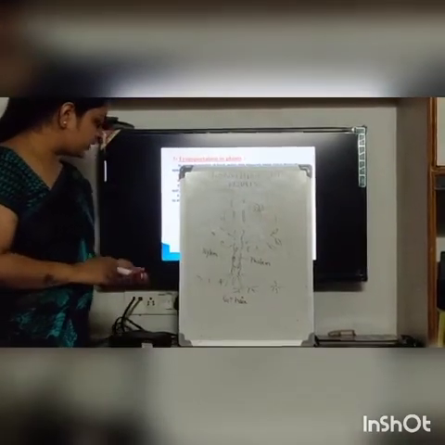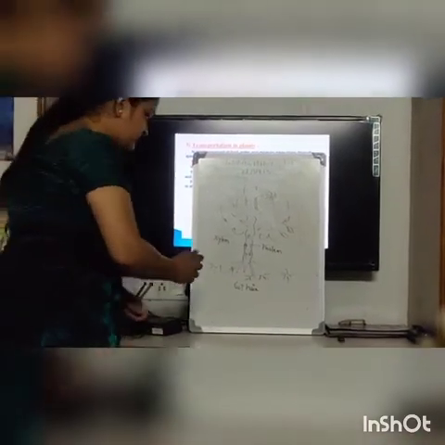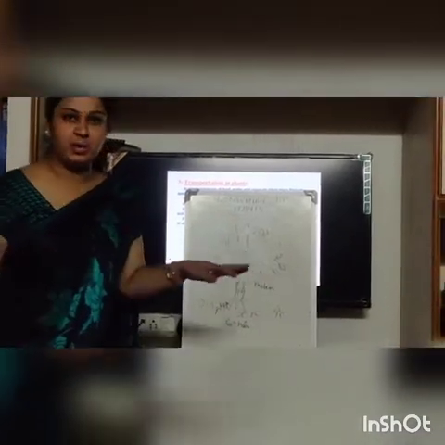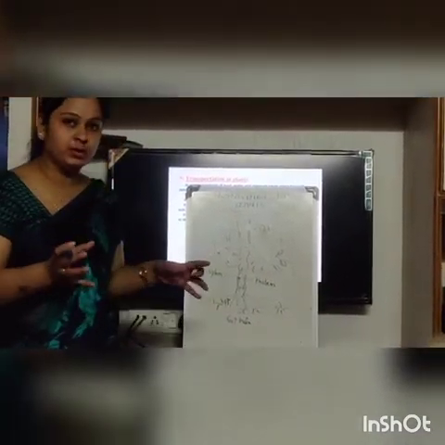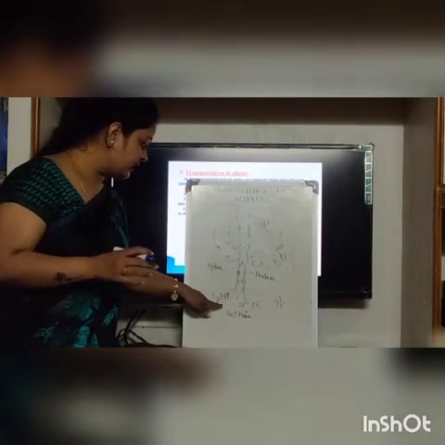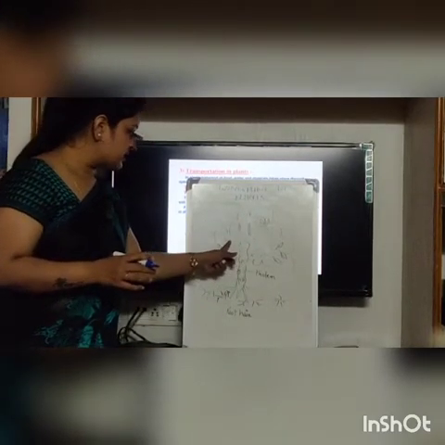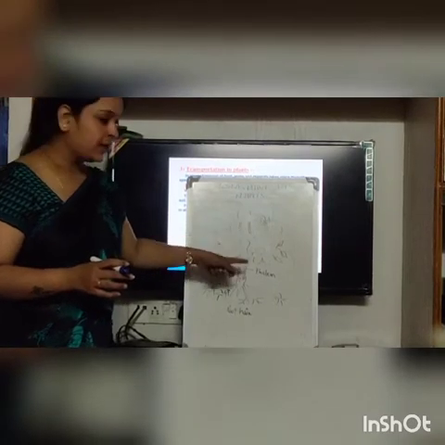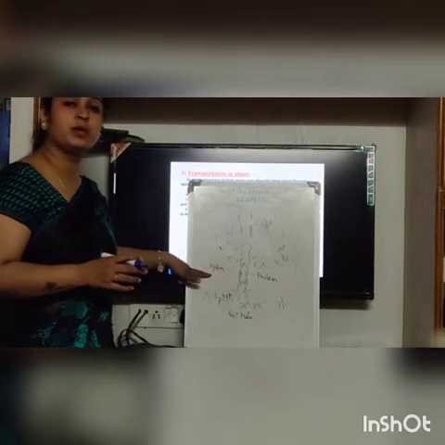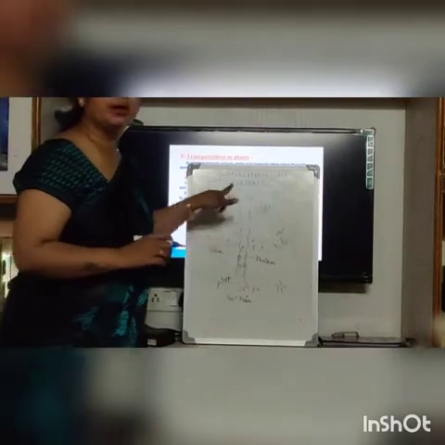So here you can see this is a tree having roots. The roots are having small hairs. These hairs are widely spread in the ground. They absorb all the nutrients and all the water from the soil, creating a channel to all the parts of the plant via the stem to the branches. It reaches to the leaves. So what is the xylem exactly doing? Xylem is transporting all the nutrients and the water from the soil to the whole part of the body.